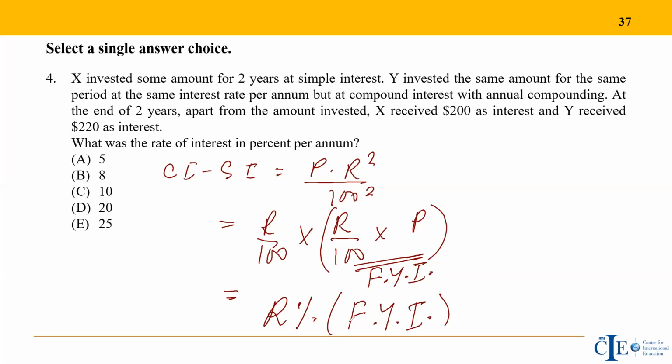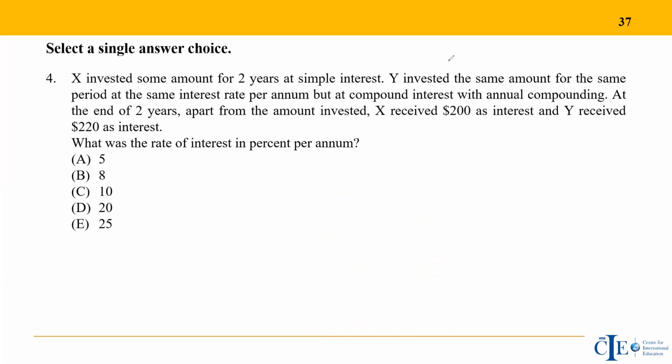So I'll use this logic, because this is what we have done in the previous session. You see that X is paying interest of 200 for 2 years, since it is on a simple basis, the interest paid would be equal, which will be 100 plus 100, whereas Y is paying on a compounding basis, which is 220. Now this is just the split, you're doing it mentally. I'm just writing here for the sake of that.